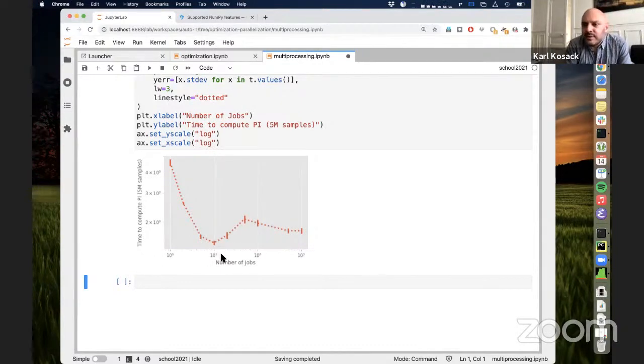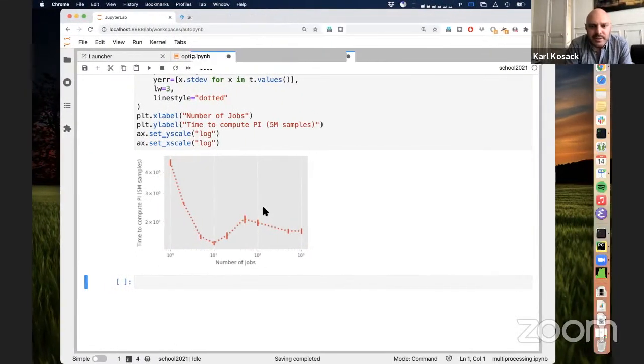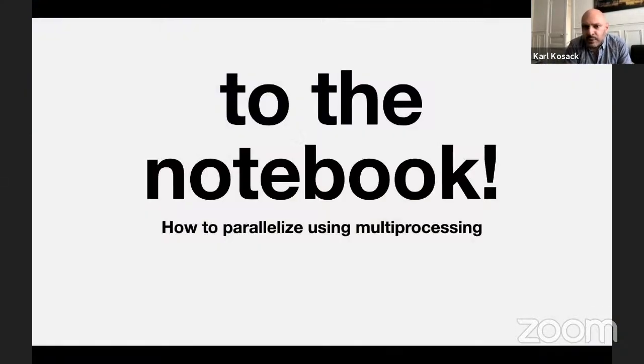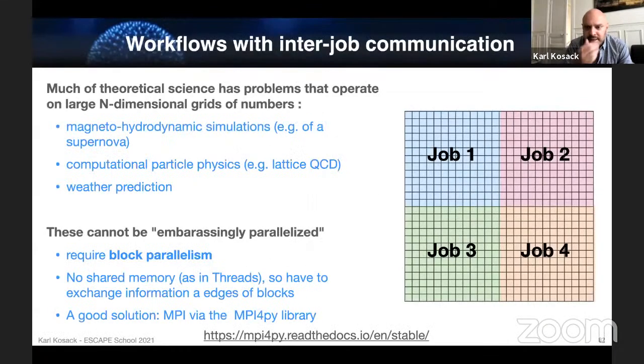Okay, so since we're out of time now, there are two things I didn't cover, but you can maybe look at on your own, or I can do a quick mention of them if you want. The first is multi-machine parallelism. This is actually a fairly complicated topic, so it's not necessarily worth going into much detail here, just to say that it allows you to divide a problem into jobs, and each job runs on a different machine on a shared network or a shared cluster. With those, you sometimes have to exchange information between them.